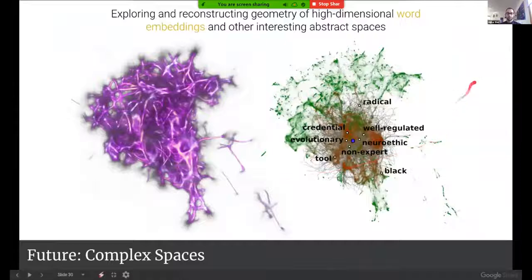Another application which we're looking at right now is exploring the structure of high-dimensional spaces. For instance, here are word embeddings. This is a high-dimensional data set of points, which is reduced to 3 dimensions for these experiments and for the visualization. You see that we find all kinds of really interesting structures in the word embedding dataset, and then we're even able to explore the data based on the reconstruction from our model.